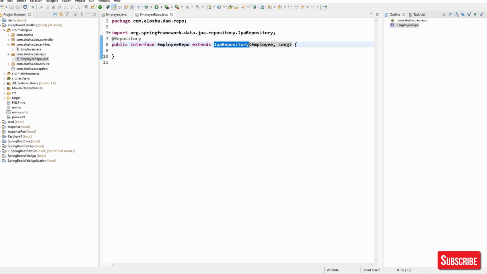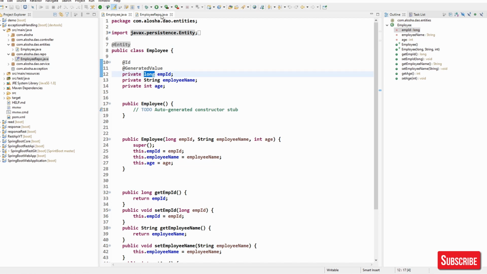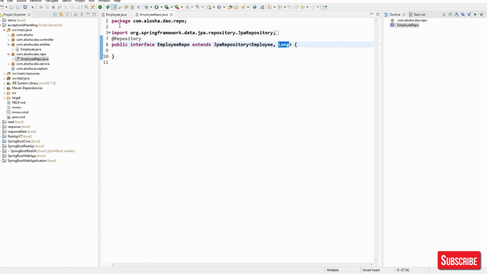CRUD repository is also going to help us in this project because we are not going to go for a lot of methods. And here you have to give data about what entity you are going to manage through this repository. We are going to manage the employee, and what type of primary key. So the type of primary key is long, as you can see here. So that's what we have given here.